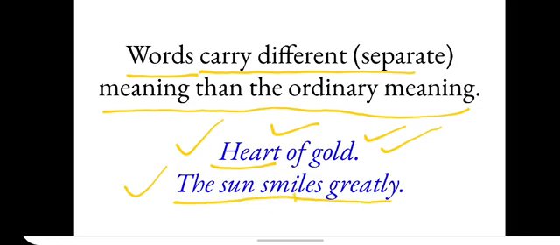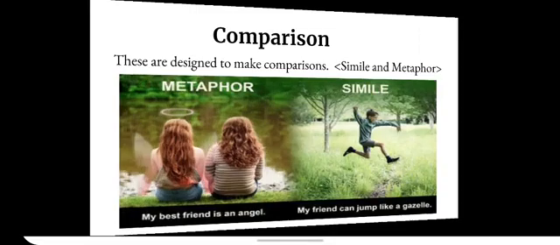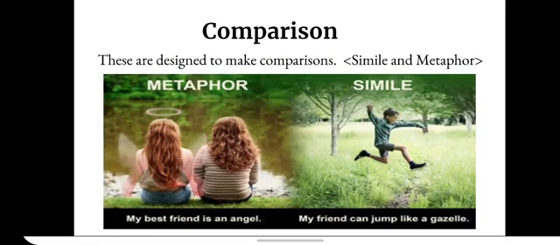Secondly, the sun smiles greatly. Now, smiling is not an attribute. It's not a character of the sun. So we are having a different and separate meaning of the words from their ordinary meaning, and we call them figures of speech. It's also known as poetic devices in some other languages. Now, as I told you earlier, there are plenty of figures of speech, out of which we will discuss